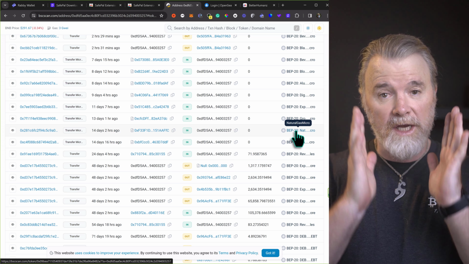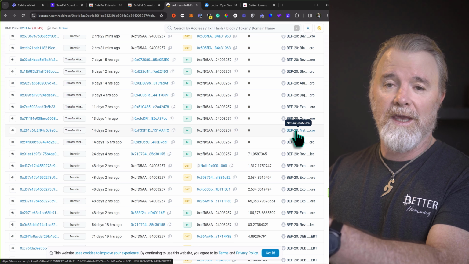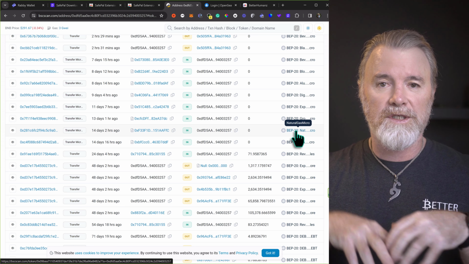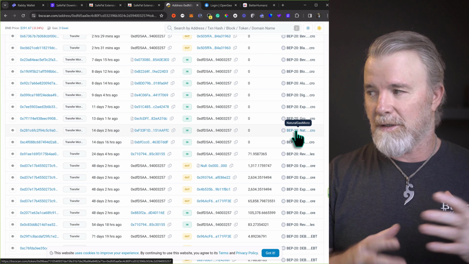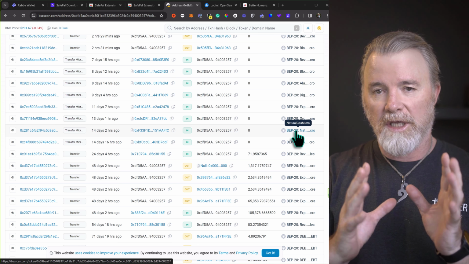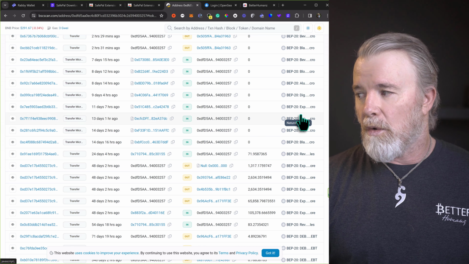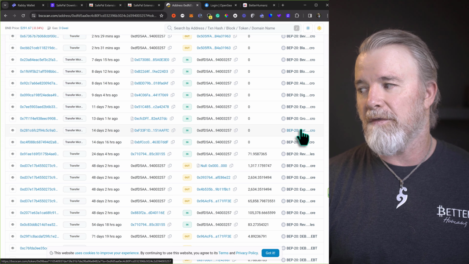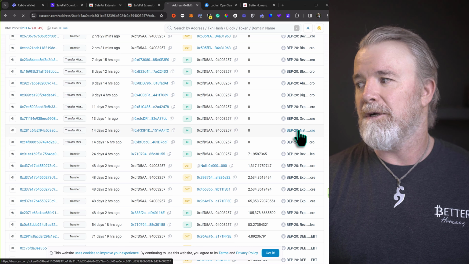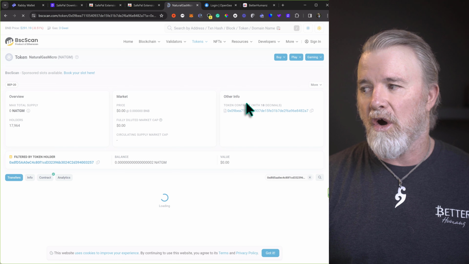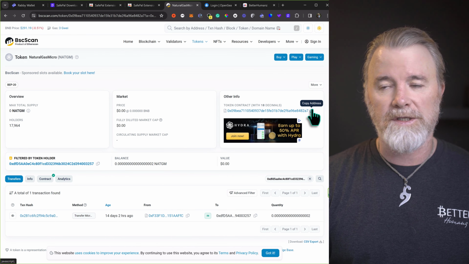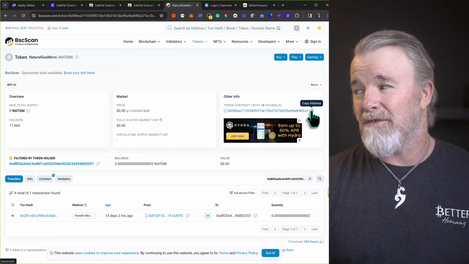Now this will be the same process for all of the micronodes. So you'll have to repeat this process to get all your micronodes onto your Tangent wallet. This is the single process, but you need to repeat it for every token. So I'm going to come down here, and where it says natural gas micro, just highlighting over there, I'm going to click on that. Then it's going to give us the contract address for that NatG micro license. So I'm going to click on copy address.